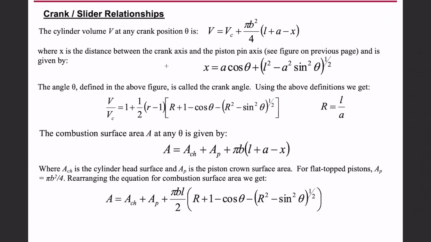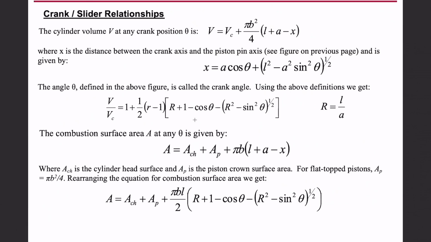So if you take a look on Canvas, you'll note that there is a slide that says crank slider relationships, and in the middle of that slide, there is this relationship that gives you volume with respect to clearance volume, VC stands for clearance volume, is equal to this big, long trigonometric relationship, okay? Now we'll go over this in class and talk about how this trig relationship is developed, but you can see